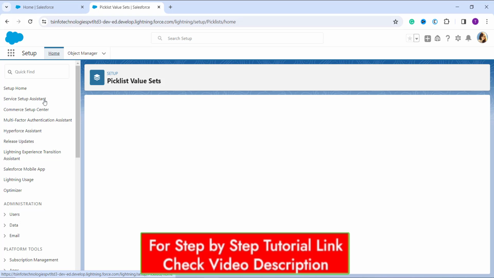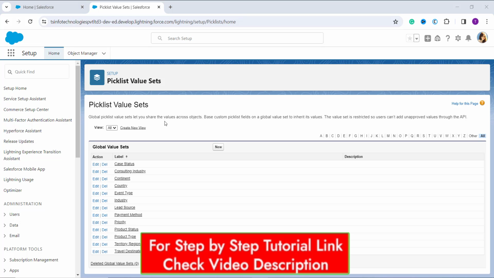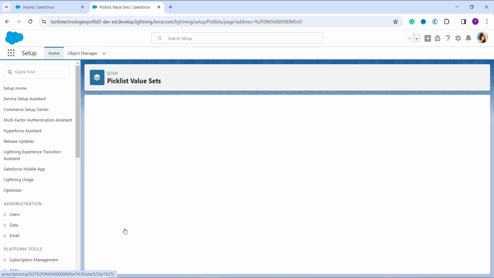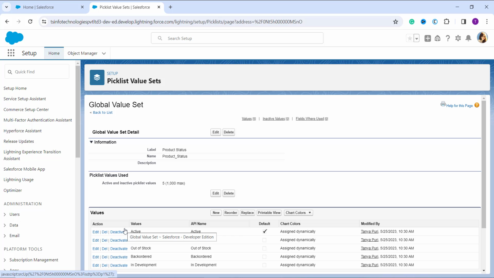Now it's time to choose the global value set whose values you want to alphabetically reorder. Here you can see we have the list. Here I am going to show you the example for the product status. So here I click on this product status name of the global value set. I am not clicking on the edit option. I am clicking on the particular name of the global value set to reset the order of the picklist values inside it in alphabetical order. Once I click on that, it will shift me to the page that is specifically regarding this product status